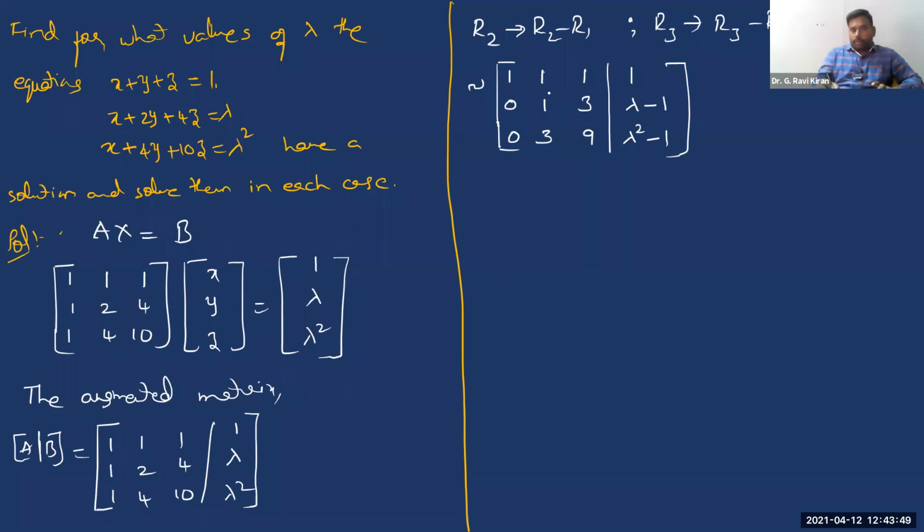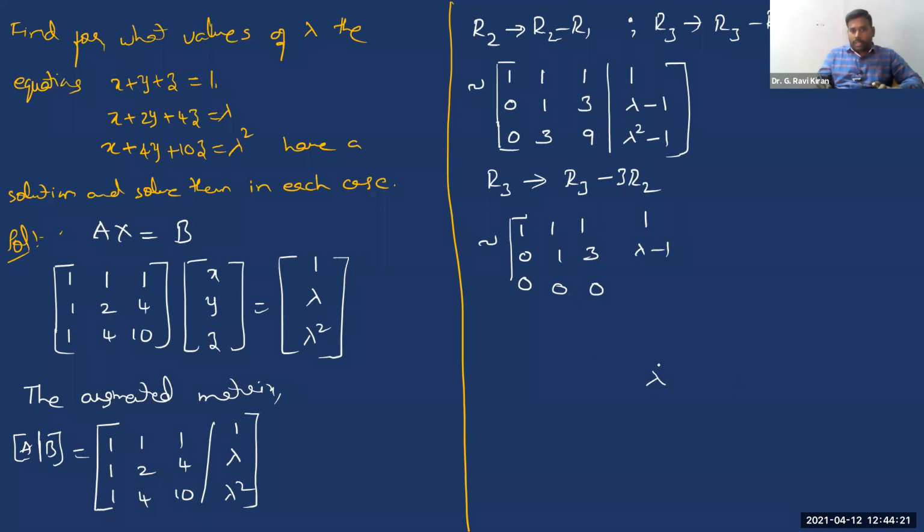Right? Now see, still we didn't get the echelon form. Now using this 1, let us make this 3 a 0. So by this operation, as we know, R3 changes to R3 minus 3 times R2. Correct? So see what happens. Then the new matrix you get here is 1, 1, 1. You're not actually changing the first two rows, so they remain as they are, lambda minus 1. See here it is 0 minus 0. Then 3 minus 3, it is 0. Then when you multiply R2 with 3, it is 9 minus 9. So even this element is also 0.